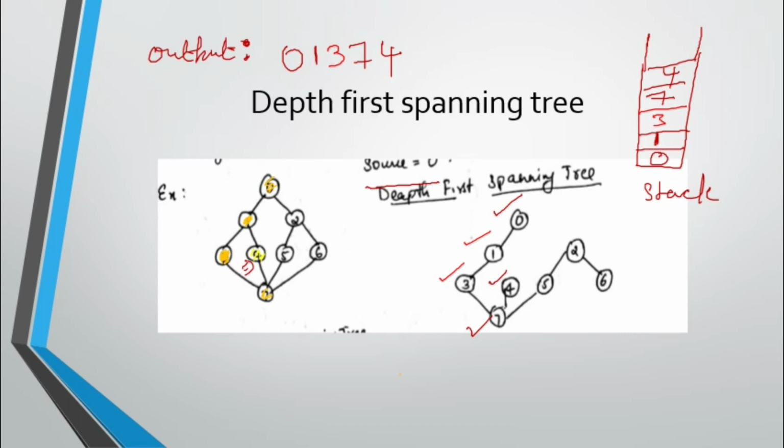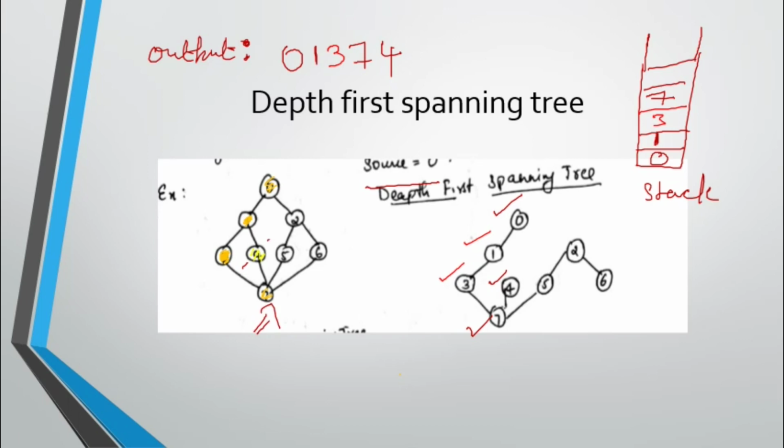So that means you cannot go anywhere. Now I need to go back. When I go back, I remove that 4 from the stack. In the tree also you need to come back to 7, so you update your current working node to 7 there in the tree. Whichever is visited, you have to ignore. Then you need to go to 5.